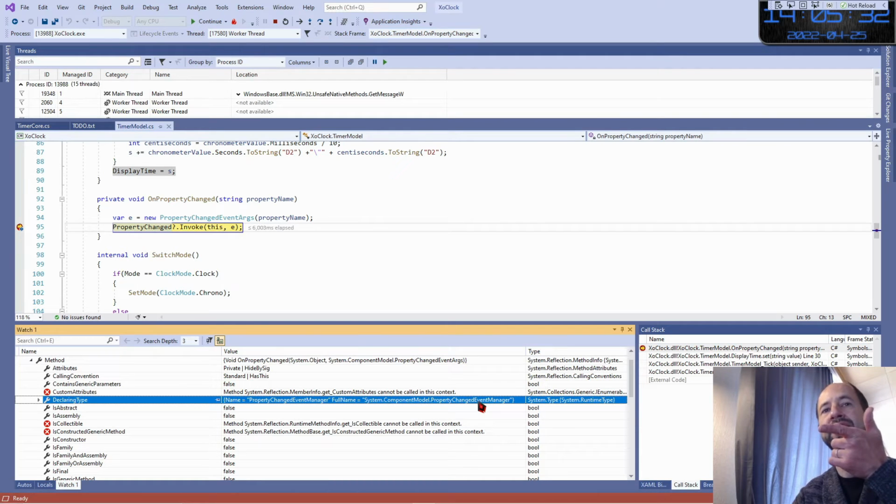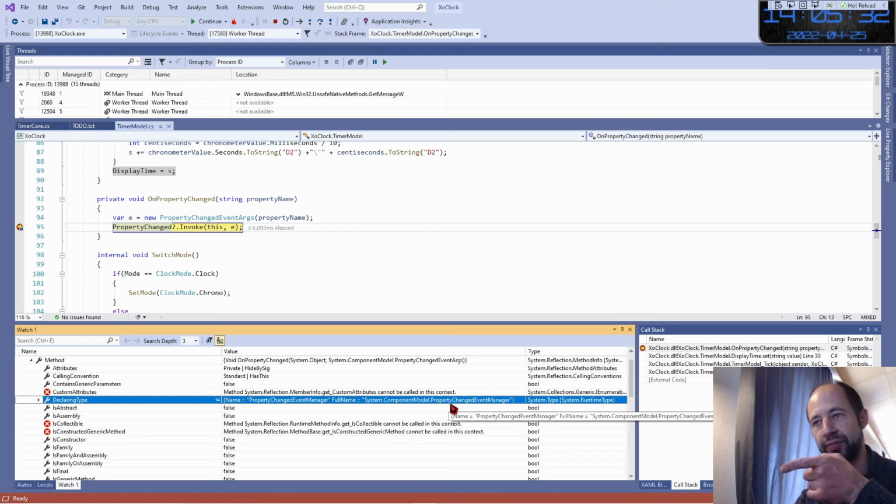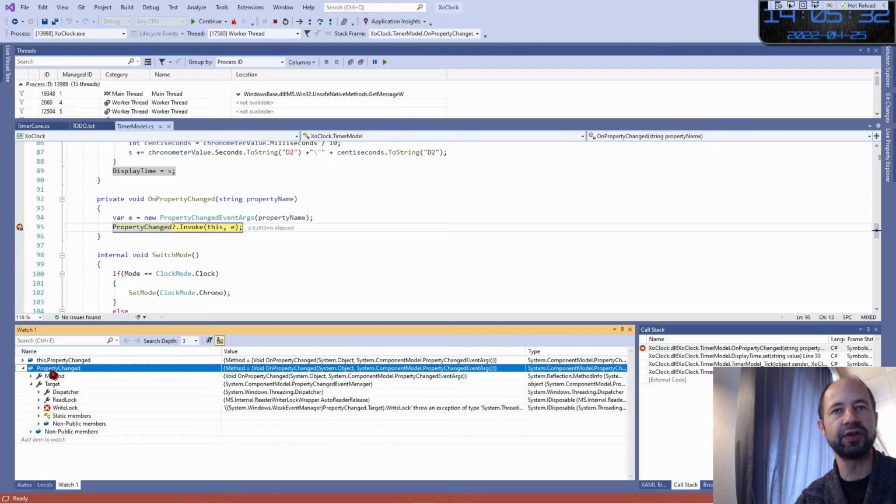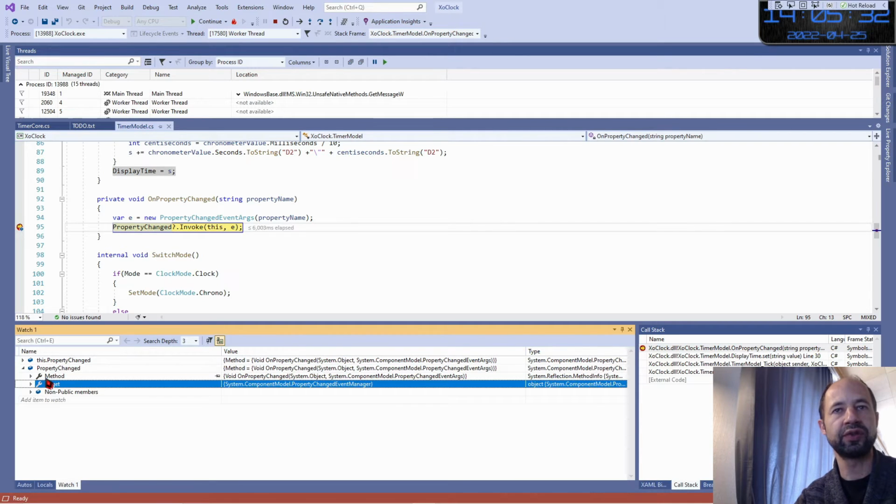This means that, because our model implements notify property change, we have registered it inside the data context. Windows itself understands it and registers its own handler, and you see it here: property change event manager. So it's important also to understand how the things are being updated. When you are inspecting the property change event, you can expand it and you see who has registered to it.